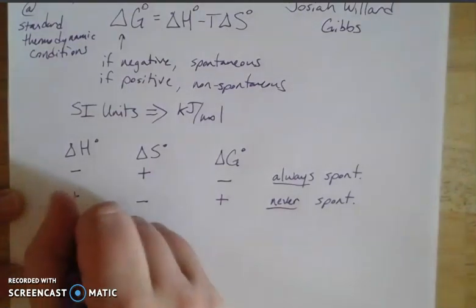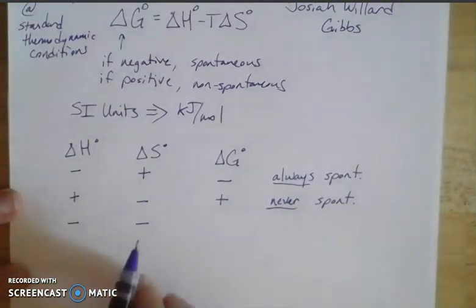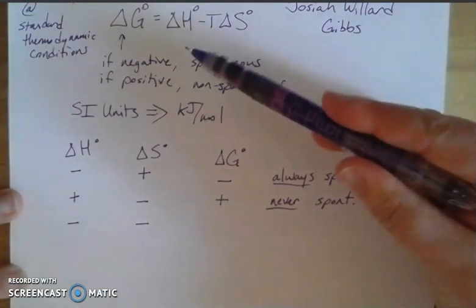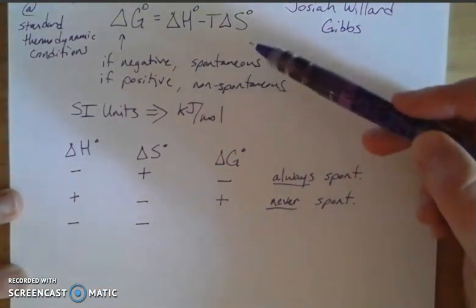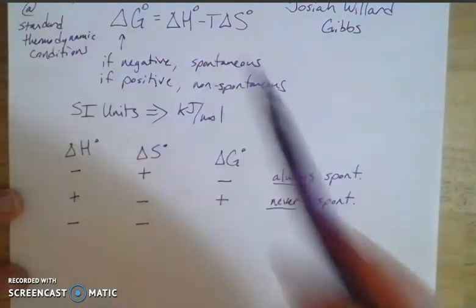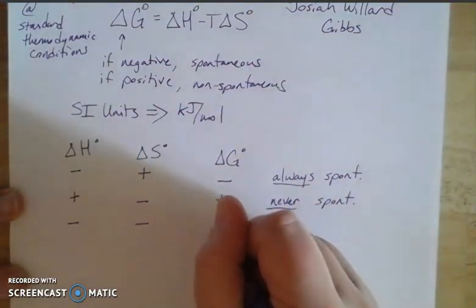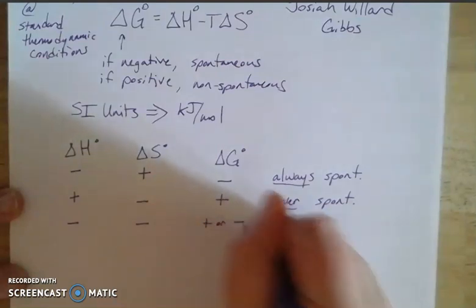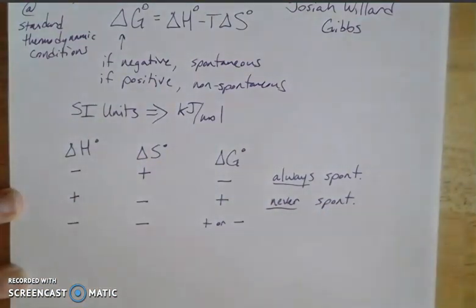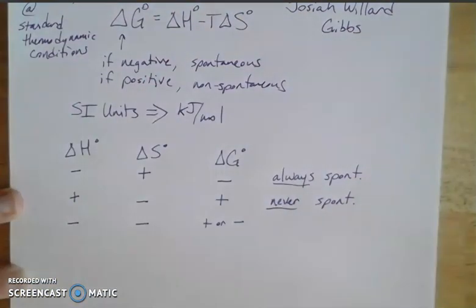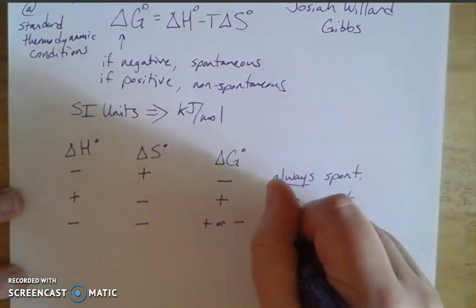So let's think about if they're both negative. If I have an exothermic reaction, but it's getting more ordered, right? Because that's what that means in terms of our signage here. Then what could that mean? That'd be a negative value here minus a negative value here. So that could get me to a positive value. That means it could be positive or negative. It could be one or the other. And the thing that's going to make all the difference here is the temperature. So this one is temperature dependent.